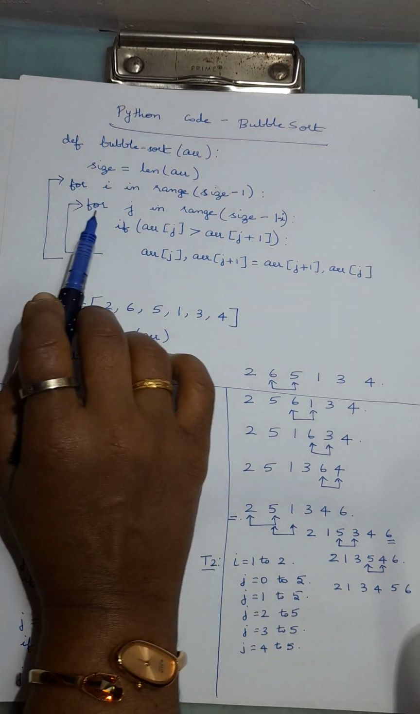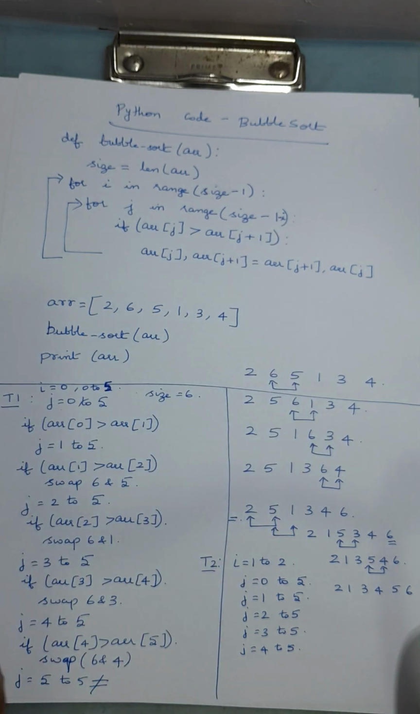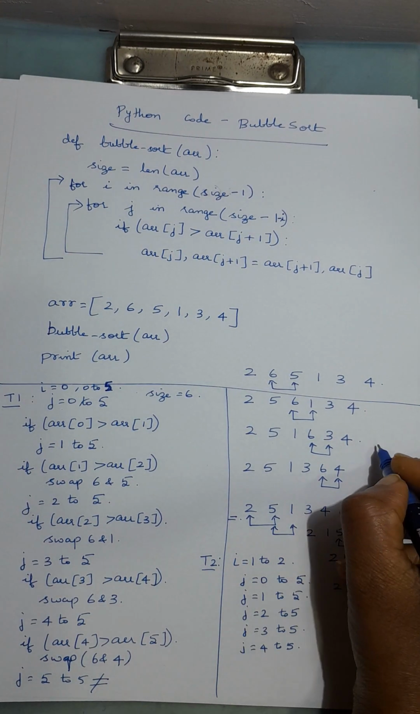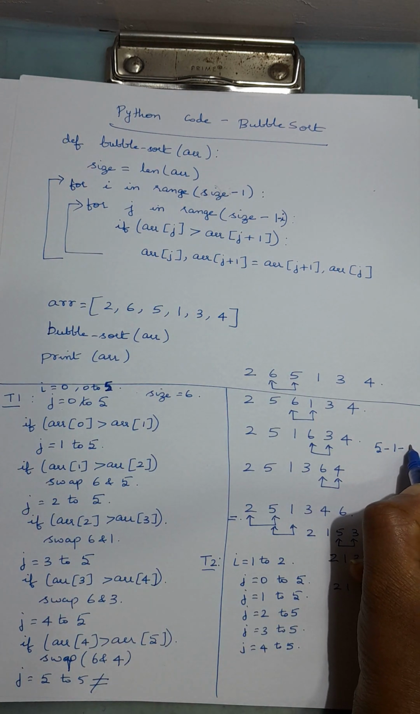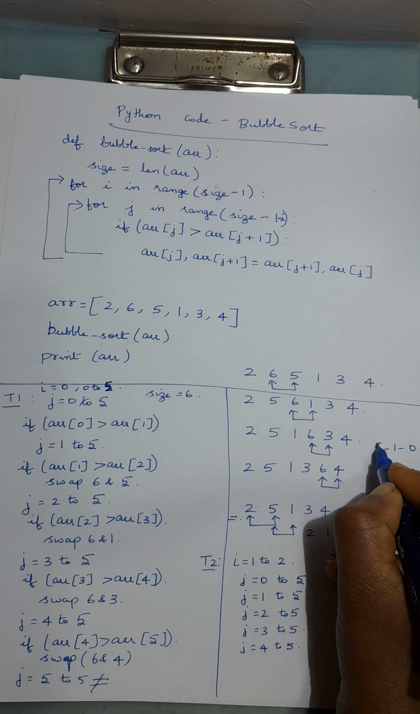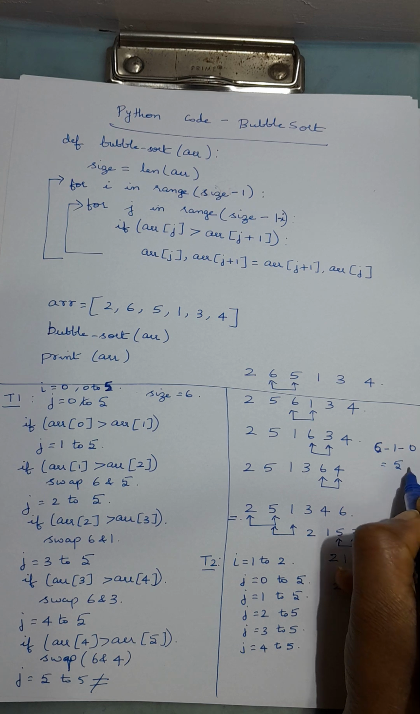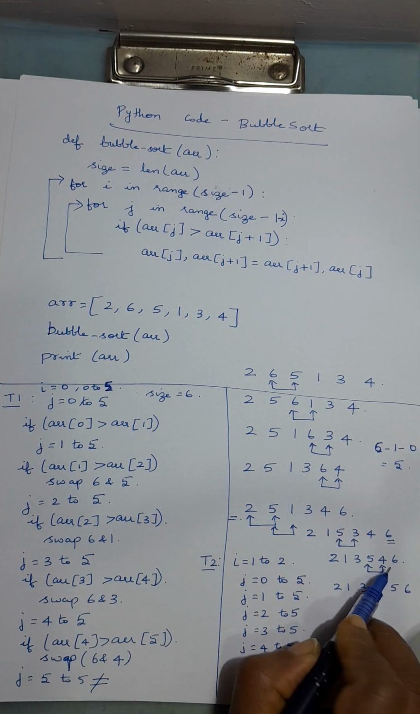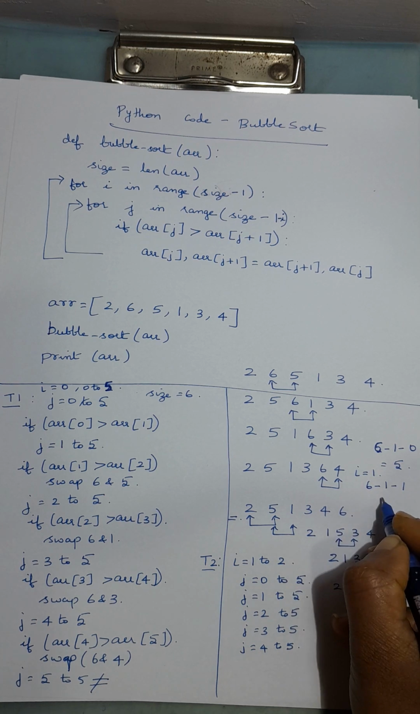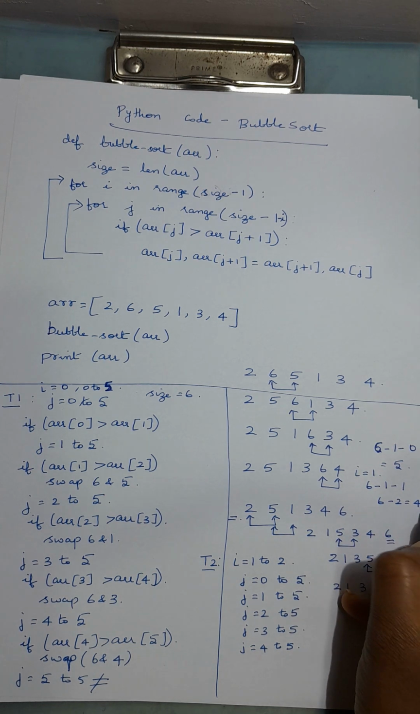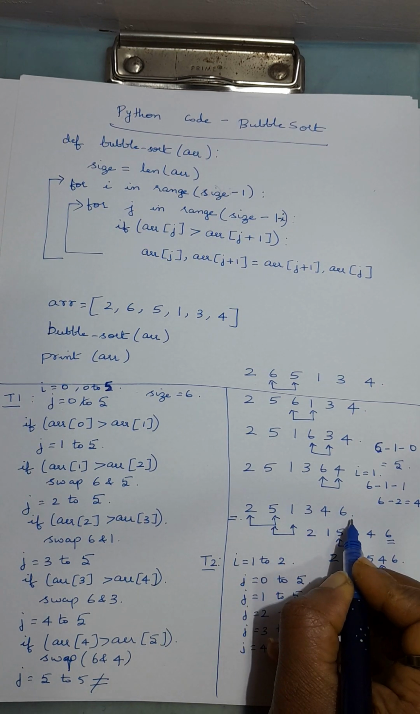Now if I come here, just check here for j in range of size minus 1 minus I. So what happens? What is size? 6 minus 1 minus, initially when I value is 0, it becomes 5, right? When it is 5, one number will be sorted. So when I give 6 minus 1 minus 1, when I value is equal to 1, it will be 6 minus 2, which is 4, which means from 0 to 4, 0, 1, 2, 3 and 4, it will not